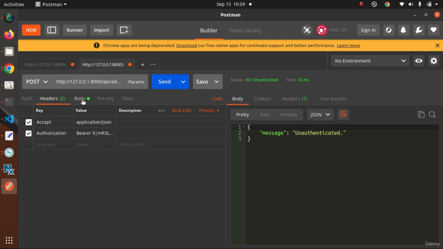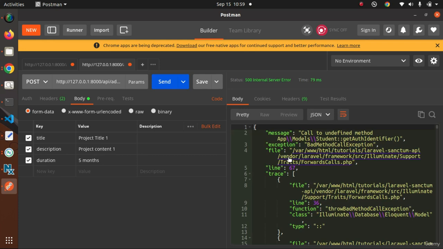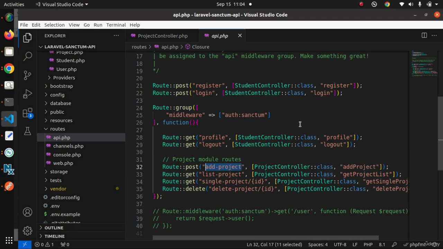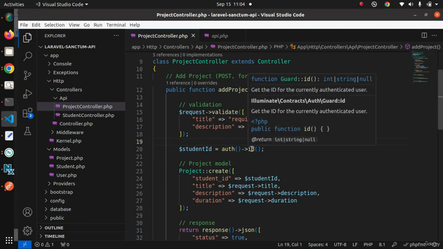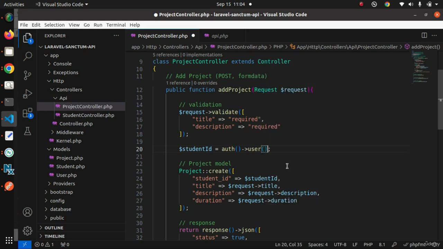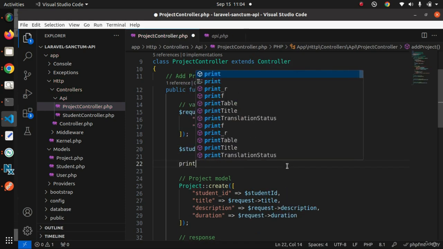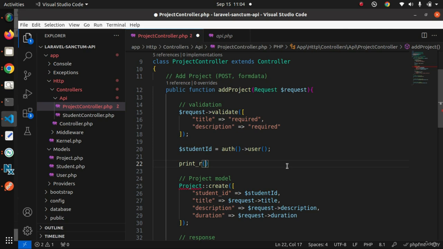Pass the token value, all the data, click on the send button, and here we have some error, that is call to undefined method getAuthIdentifier. And I think this issue is coming if I go inside the editor, go inside the project controller class. So I think by using this ID method, we are getting that error. So what we can do here, instead of calling ID, let's call the user method, and let's print the user details,